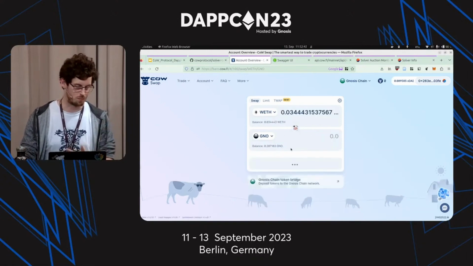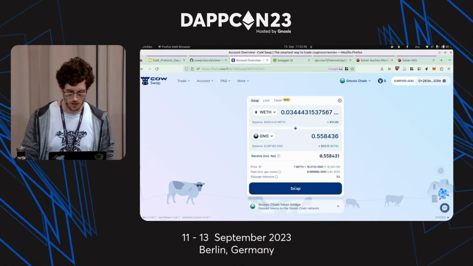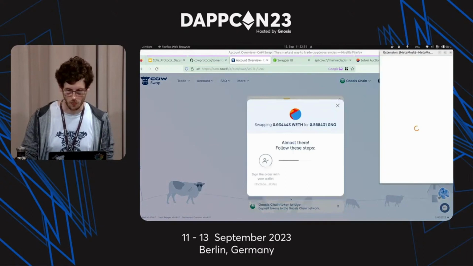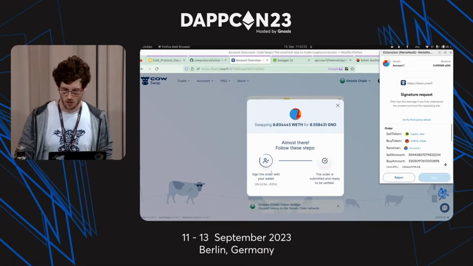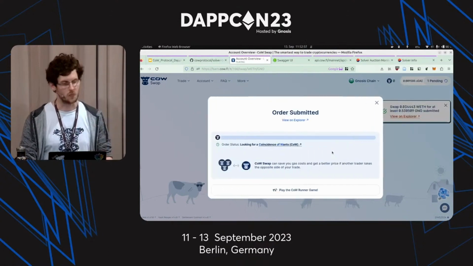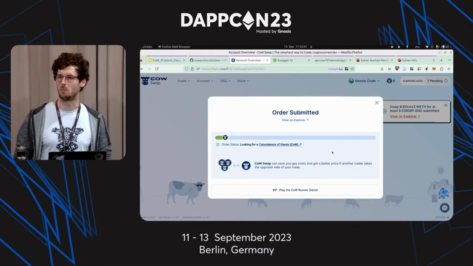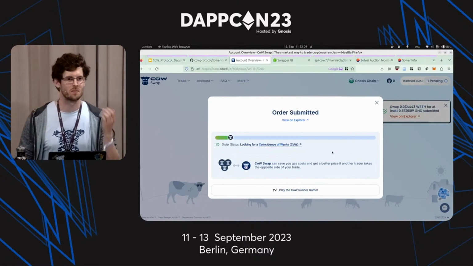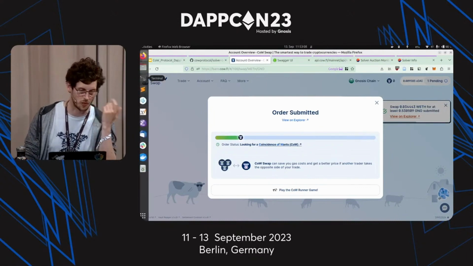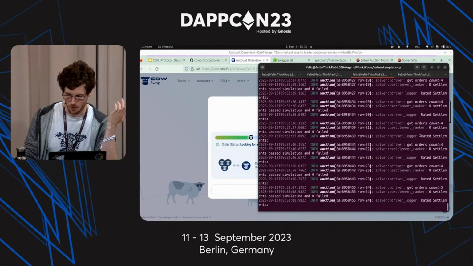And if I just do some trade WETH to GNO, I can confirm the swap. I can sign it. This is not a cow. It's just one order. So to have a cow, you would all maybe have to spam orders on the WETH GNO pair now. But what you can already see is that hopefully, if you look at